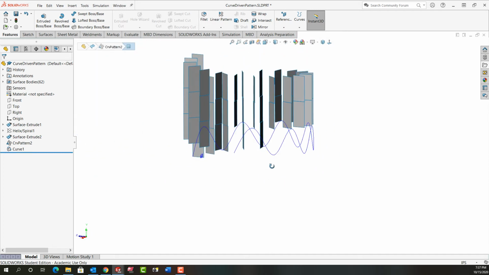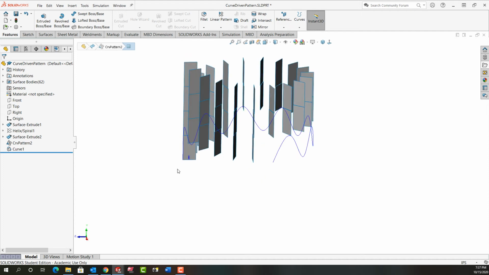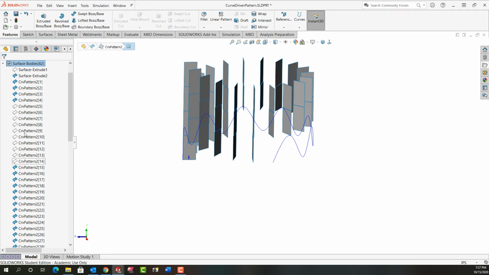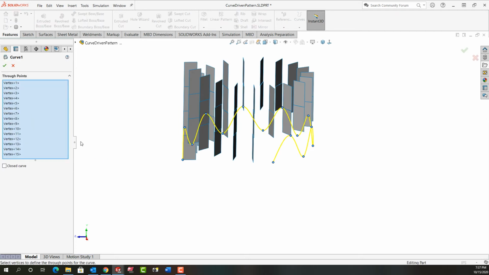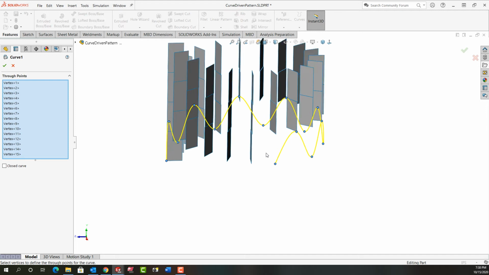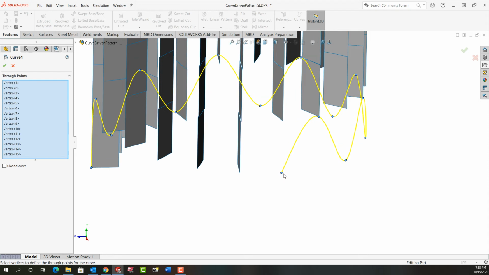I'll go back to where I left off, which is over here. So I've hidden a bunch I no longer need. If I've hidden one and I need it, that's fine. I'll just go back into here, find it and turn its visibility back on. So I'll minimize that. I'm going to go to my curve, select it, go back in and edit the feature, and I'm just going to keep working. So I've hidden this one and I didn't mean to, but that's all right because I want to go from it